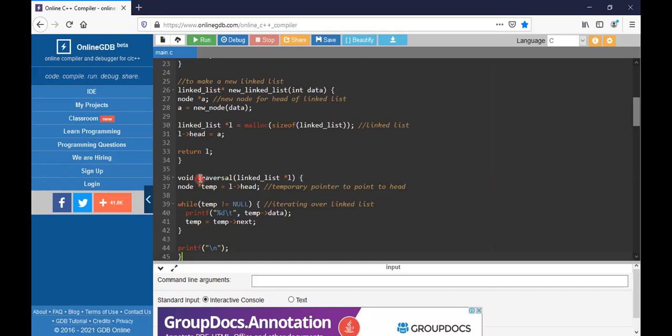And coming to the traversing. Traversing means visiting the nodes here. To visit a node or to process anything, we need to consider a temporary variable for the processing. So there is a temporary pointer which points to the head here. To traverse continuously, we are using a loop representation, which is the while. While temp is not equal to null, it will execute the processing here.